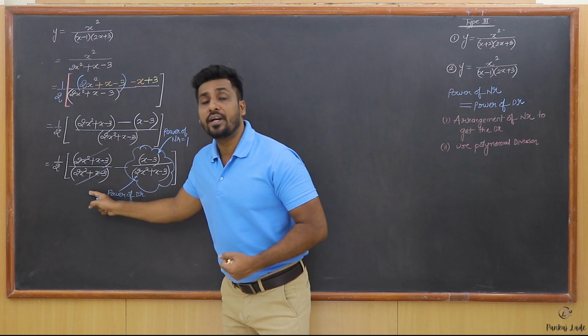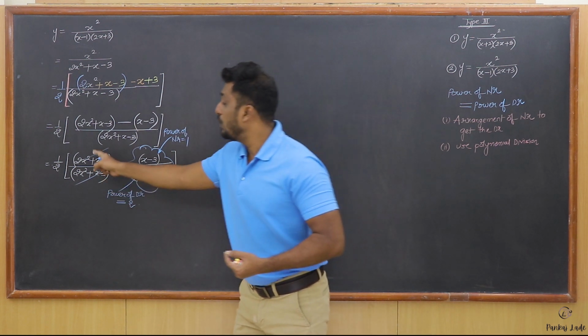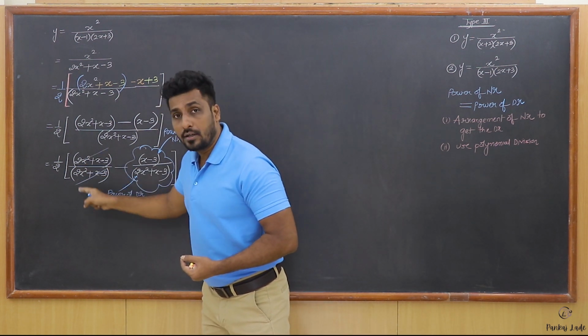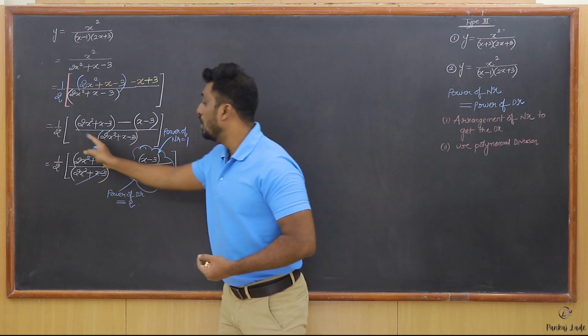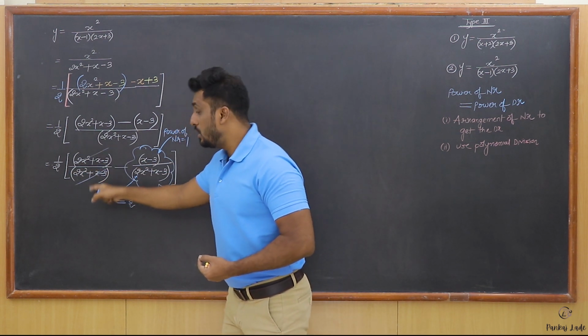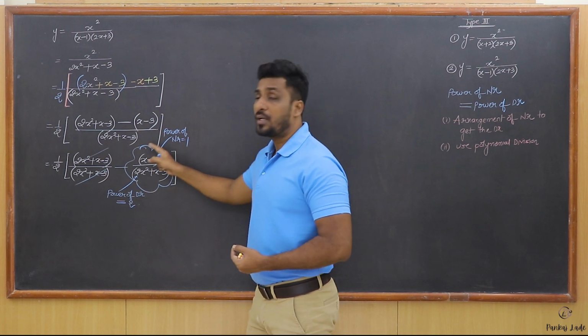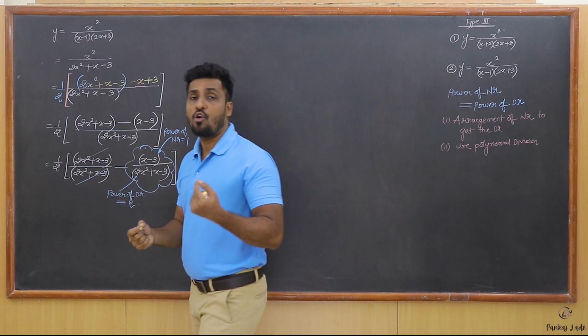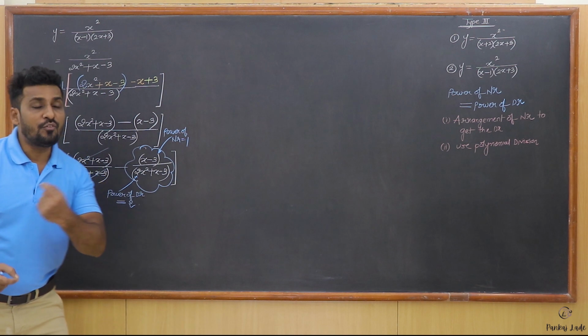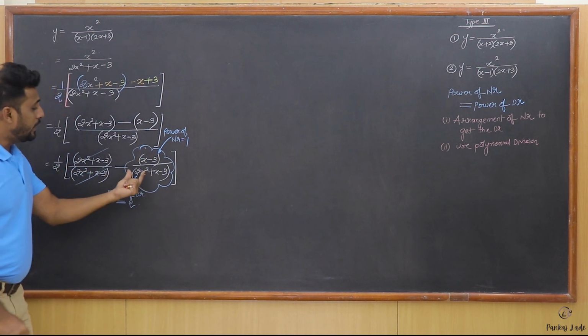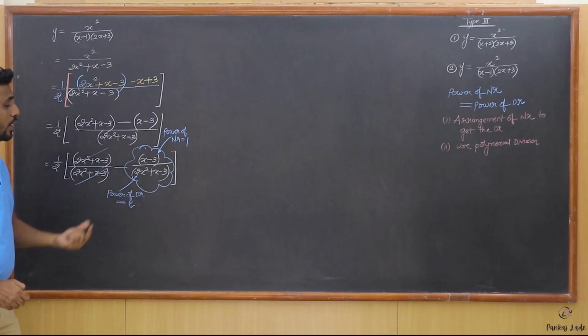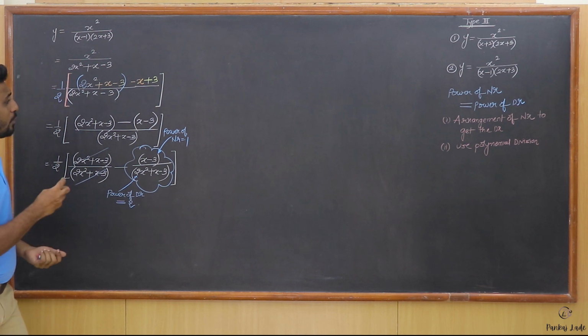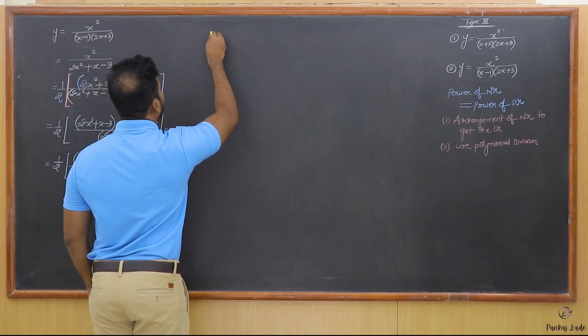Here what has happened? These two terms in the numerator and denominator have cancelled, and you are going to get 1 over here, isn't it? So this is 1 upon 2, then a bracket, then there is a 1 minus whatever terms are present over here. I'm going to make use of the method of partial fraction to simplify those terms. So let's take this particular term, x minus 3 upon 2x square plus x minus 3. So I'm going to write here, consider